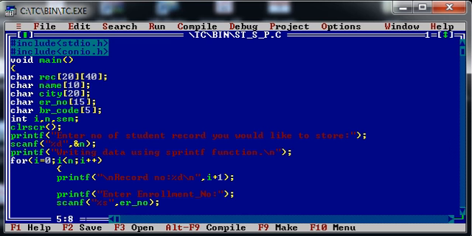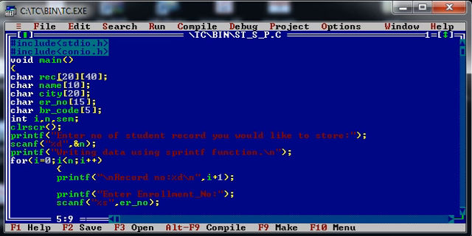As you can see over here, I have taken a two-dimensional array of type character, that is record. It can store 20 records with a length of 40 characters. Now, what does this record contain? The record contains different attributes: name, city, enrollment number, branch code and semester. These are the 5 attributes which I would like to store in this record.